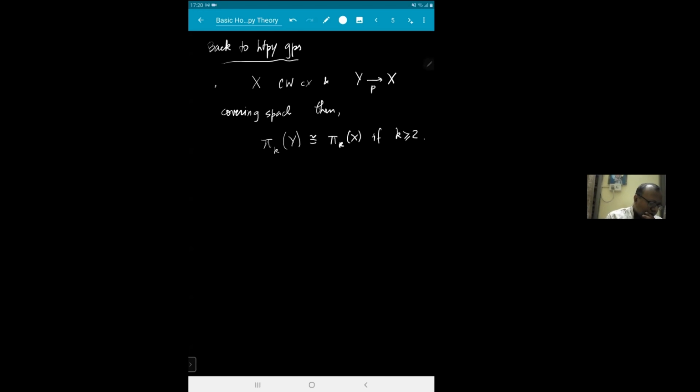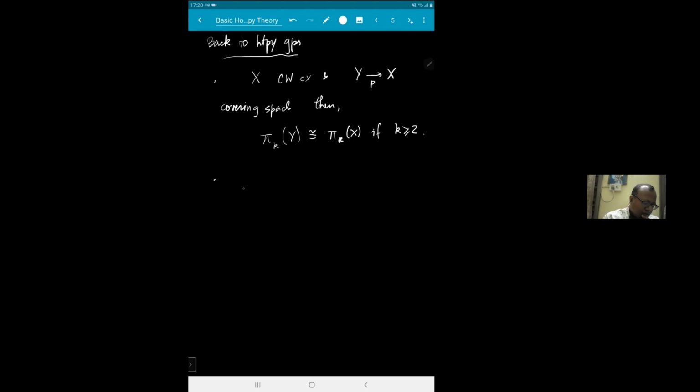Okay, another property which I want to state here is that there is a relative homology group. There is also a relative homotopy group, but it has slightly different properties. It can be defined in an analogous way, using homotopy classes of maps. So basically, if you have an inclusion of spaces A inside X, you can define